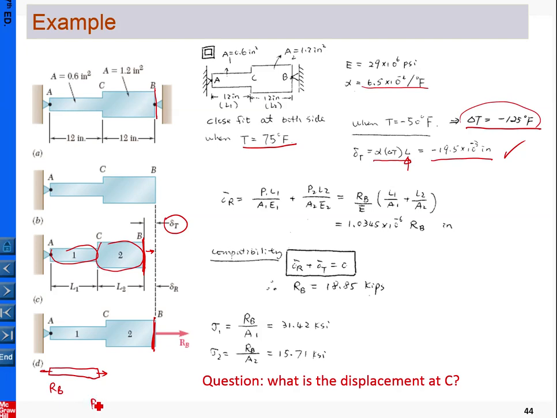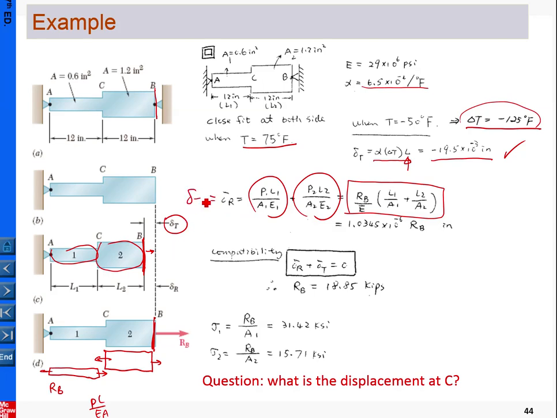So using our template PL over EA, so RB divided by here, that is the PL over EA. In a similar way for the second segment, that is RB here, and using PL over EA, that contributes the deformation here. So the deformation contributed by the two segments in total can be formulated by this. Again, that is the displacement and deformation contributed by pushing back of the RB. So RB, the function is equal to delta T, delta R equal to delta T here, in magnitude. So that is minus in magnitude